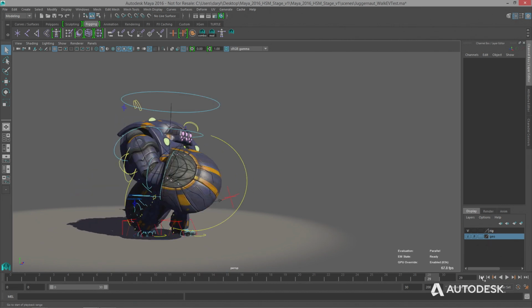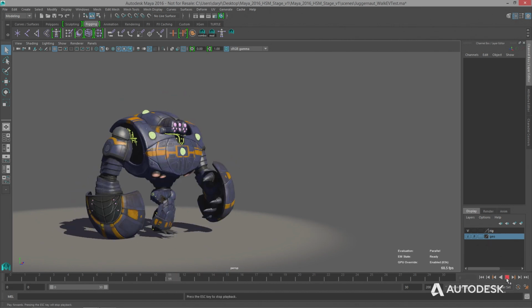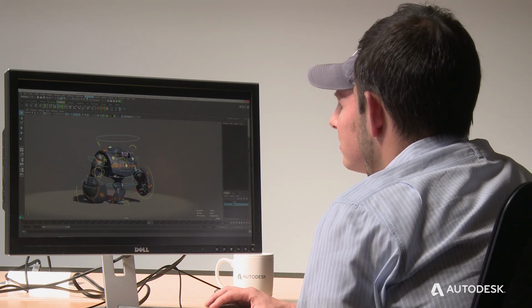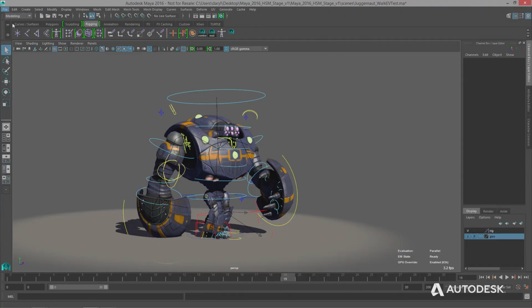So yeah, we've gained a few more frames per second there by hiding those controllers. So let's jump into another scene and check it out. Let's do it. So the next one that we're going to look at is going to be the file that